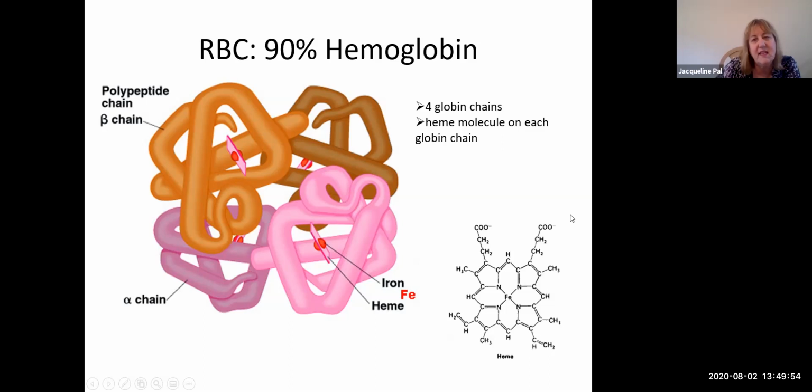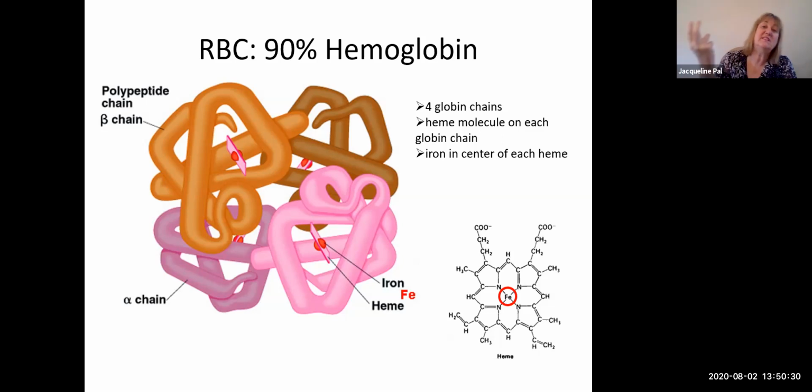And this is a heme molecule. So here on the bottom right, this is what a heme molecule looks like. You don't have to know the chemistry of a heme molecule, but what I want to point out is what is in the center of a heme molecule, and that is this Fe, this red dot. Fe is chemical notation for the element iron. So there is an iron molecule in the center of every heme molecule, and that iron has a positive charge normally,